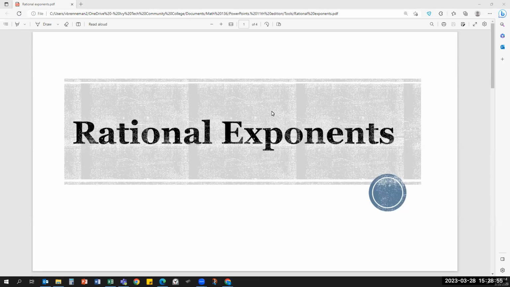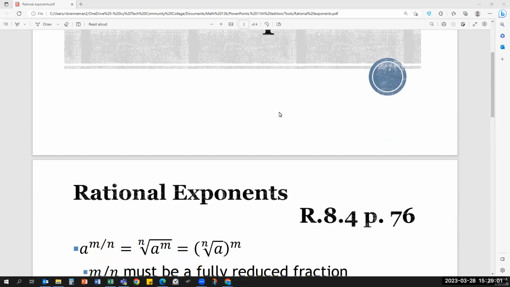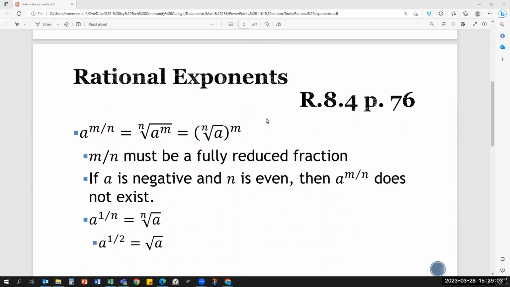Let's talk about rational exponents. So rational means it's a fraction, in the exponent position. Basically, rational exponents are the exponent way to write radicals. So a to the m over n is